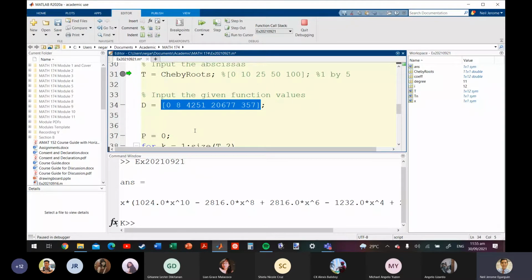So halimbawa, gusto kong computein yung arctangent ng bawat Chebyshev root. So I just use atan. So ito yung code, or syntax, para sa arctangent of a vector t. So remember si t ay vector. Pag kinuha mo yung arctan of t, ibibigay niya ay vector na ang laman ay yung arctangent ng bawat isang value ni t, or bawat isang entry ni t. So component-wise yung ginagawa niyang pag-compute ng arctangent.